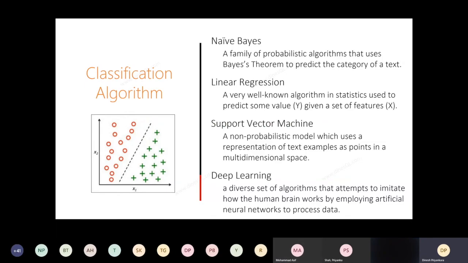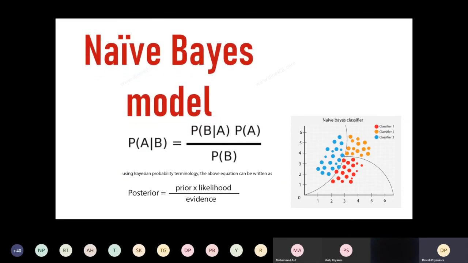We don't have time for discussing all of these things. I'm going to quickly show you how to use naive Bayes. But before we go through the code I have written, let me quickly explain how naive Bayes works and how we can use it for sentiment analysis. This is the formula related to naive Bayes. If you just try to understand it, it's something like this. The first part, the left part of the formula, it's all